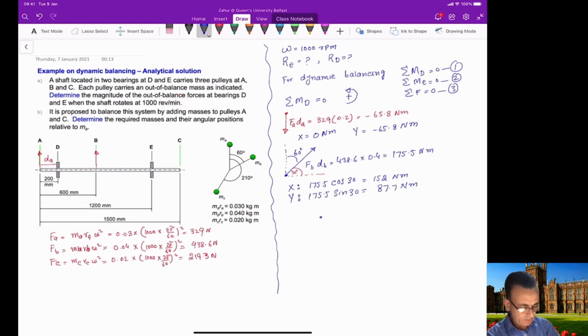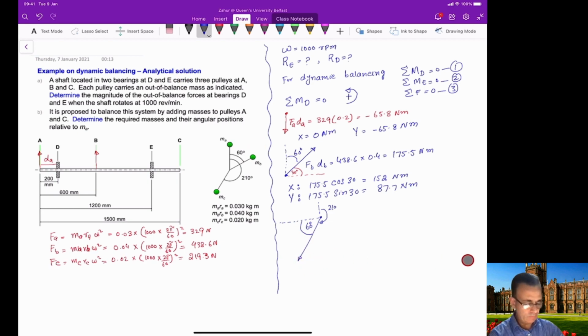So if you draw this, this means that this angle is 210, or you can say that this angle will be 60 degree. You see a 60-degree angle here, a 60-degree angle, and this is